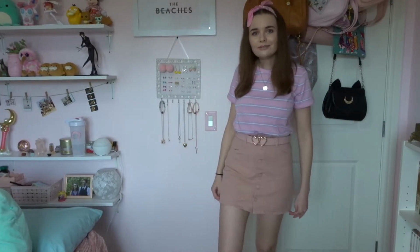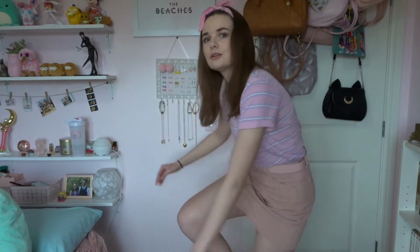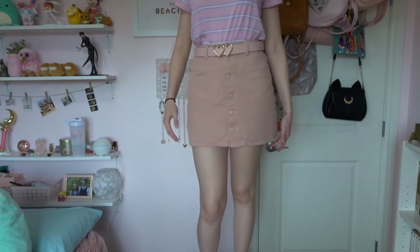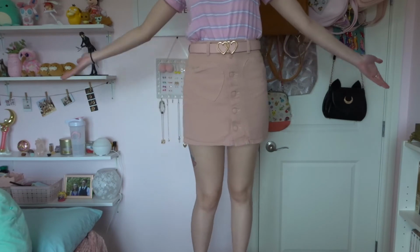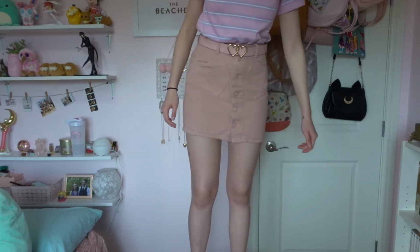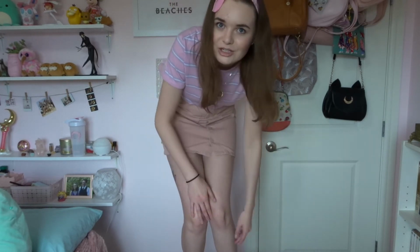You kind of can't really see me, can you? This is what the skirt looks like on. Give me one second and I will try to figure out a better way to show you what it looks like. This is probably a little bit ill-advised. Okay. But hey, this is what our skirt looks like. This is kind of precarious. I'm standing on my vanity stool, so if I just take a tumble,